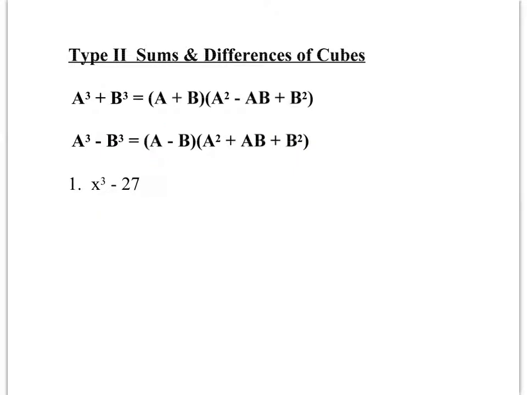Okay, our second type of special products are sums and differences of cubes. This is the same idea as differences of squares, but with a just a little more complicated formula. A sum of cubes, a cubed plus b cubed, factors not as the quantity a plus b cubed. We know by binomial expansion that that's different. But a cubed plus b cubed factors to a plus b times the quantity a squared minus ab plus b squared. A difference of cubes, a cubed minus b cubed,